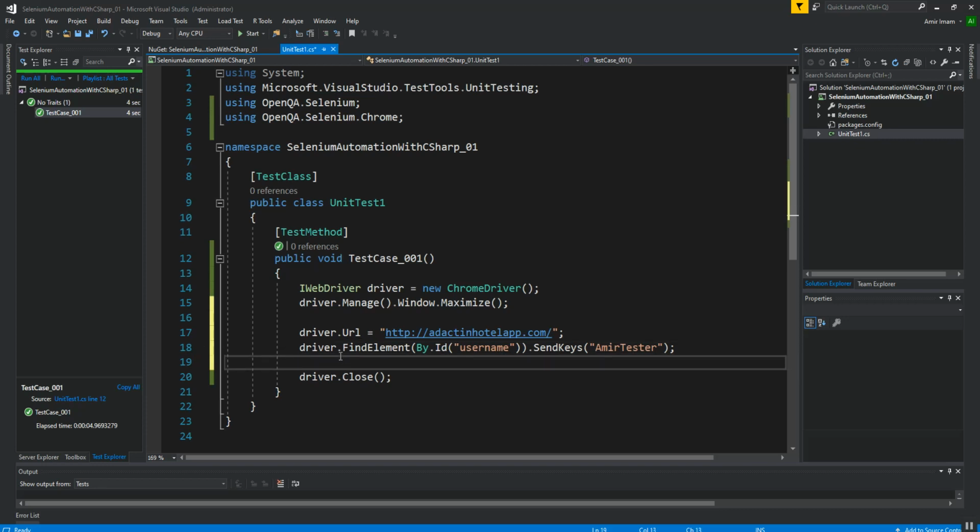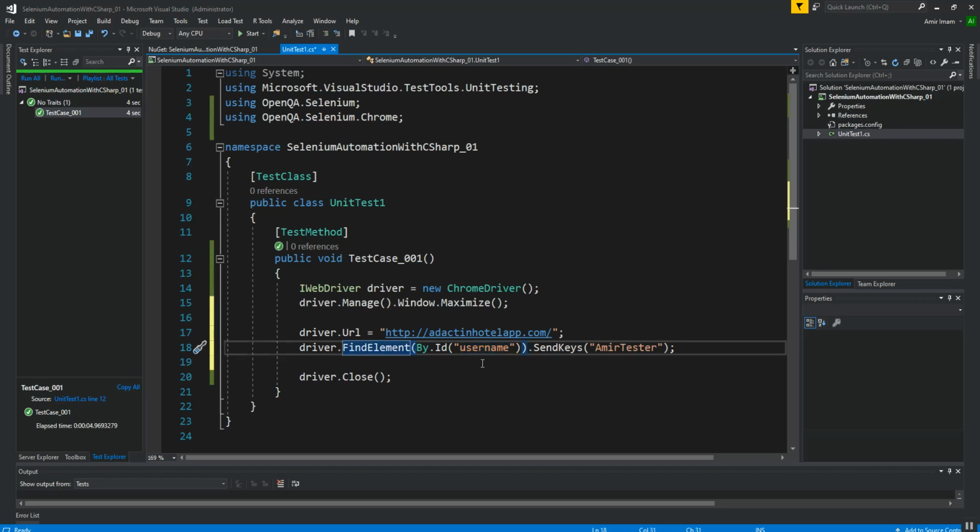So what it will do is the driver will find an element by using the ID of username, and then after that it will write army tester in the username field.